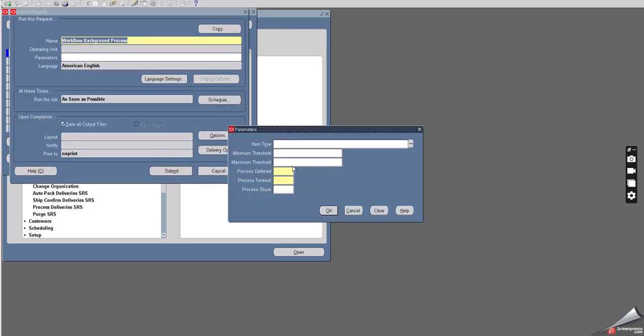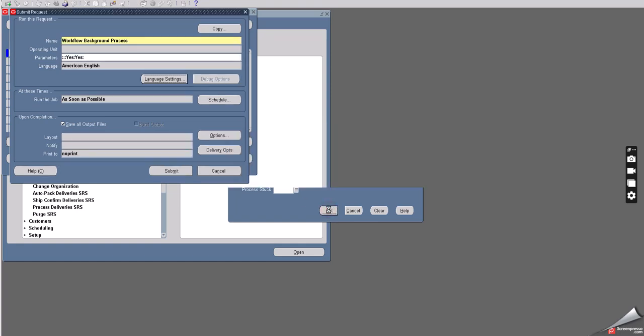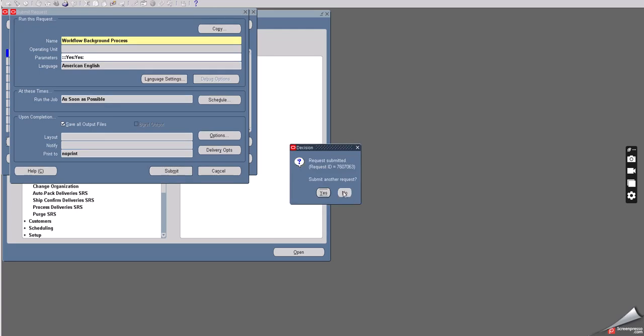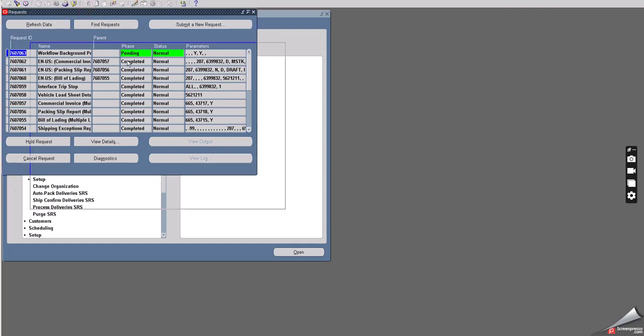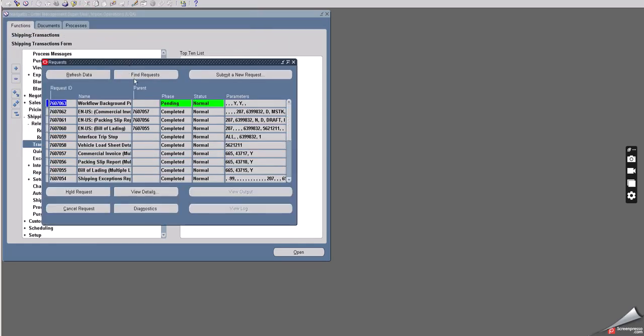Workflow background. Say yes. On submission of this, what will happen is automatically it interfaces data from OM base tables to AR interface tables. Nothing but it pushes data from OM base tables to the AR interface tables. Okay, and on submission of this workflow